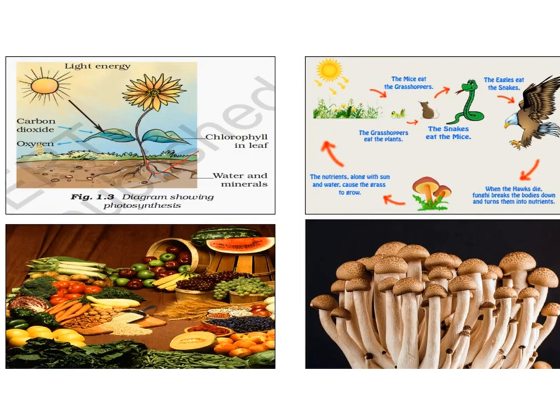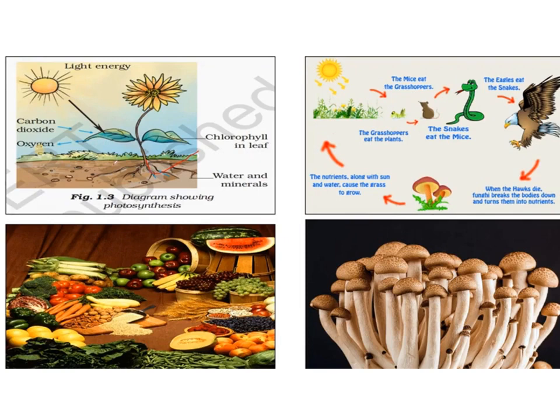Okay, next picture, here you can see the food chain. Here the living organisms are interdependent on each other by the process of taking food from each other. From autotrophs, meaning green plants, the grasshopper eats the plants, then the mice eat the grasshopper, then the snakes eat the mice, then the eagle eats the snakes, and when the eagle dies, the saprophytes,